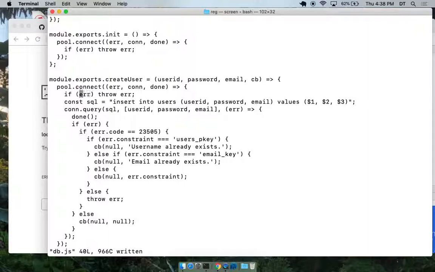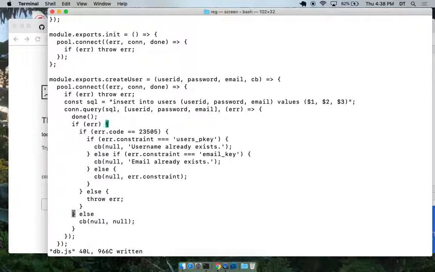So this is the error if getting the connection fails. All right. So here's the query, and the error is going to get passed to us this way. If there is an error, we're going to look at this code. And if it's what we think it is, we're good.